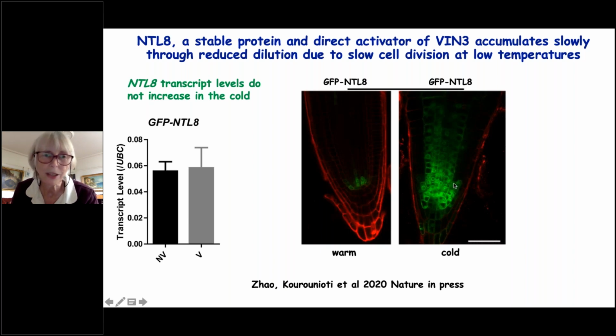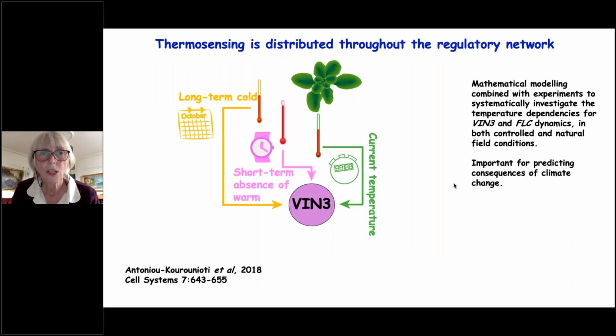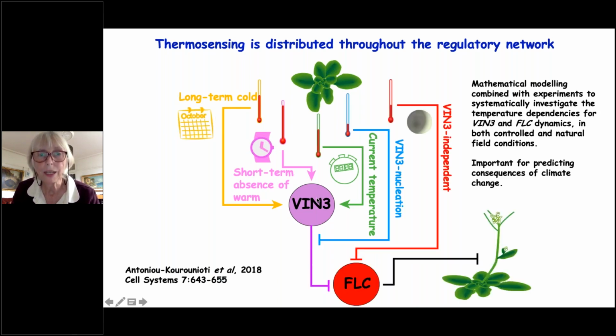And we would never have figured all of this out without a combination of modeling and experiments. So in fact, Vin3 regulation is quite complex. There's a current temperature perception, there's this absence of warm, and then there's this long-term cold. That all funnels into regulating Vin3, which of course also regulates FLC, but then there's a whole series of Vin3